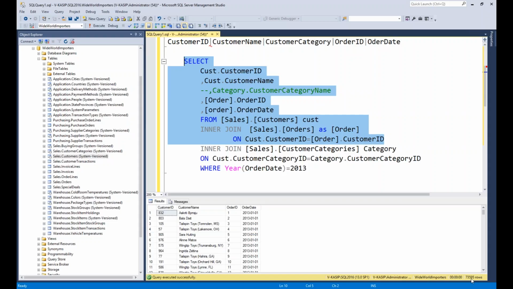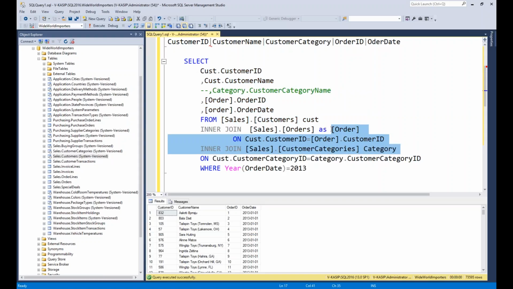Okay, so 73,000 like this. When I join to the category, if one customer can belong to more than one category, then you will get more than one record. If one customer belongs to one category only, then you will get one record only. So based upon this input, it will again get another, so it's going to be more than 73k. Again here it's going to be more than 73k.